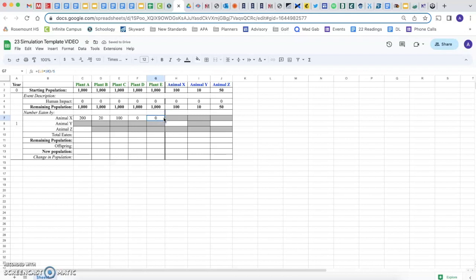Oop, something went wrong here. So we see how in here it says I5 times 10. Well, if I look at I5, yikes, that's taking 10. So let's go back and fix this error here. I want to click animal X, hit enter. Come in here, this is J5, I'm going to get rid of J5, I want animal X, enter. Same thing here, this is K5, not what I want, animal X. And then finally,